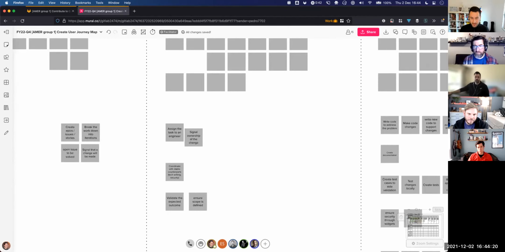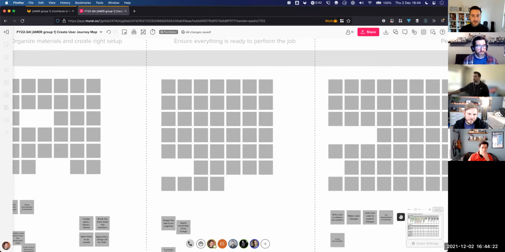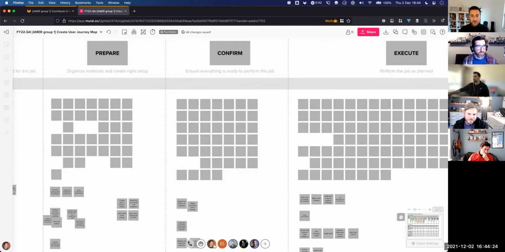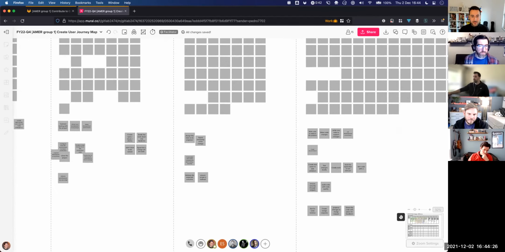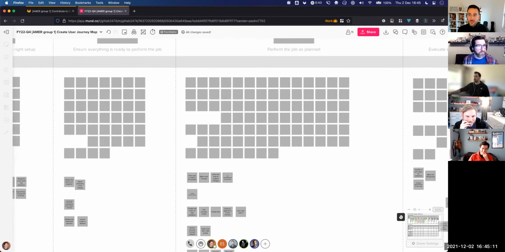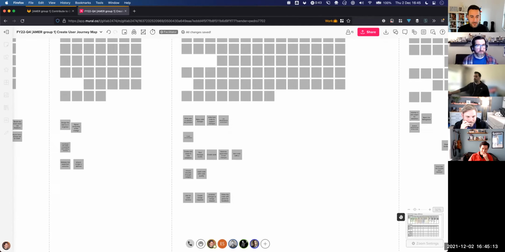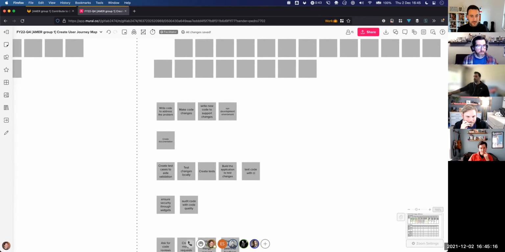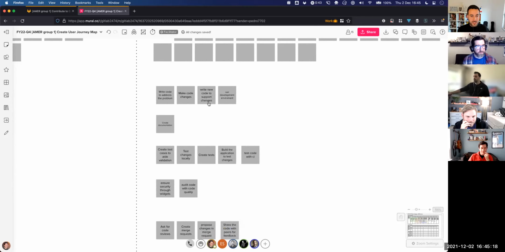Now, let me see here. Okay, so we know in the confirm stage, have assign task to engineer, signal ownership, connect with signal parts, validate the expected outcome, ensure scope is defined. So, okay, execute. We have write code to address a problem, which is, make changes. Documentation, very important. Test changes, create test changes, build the application,